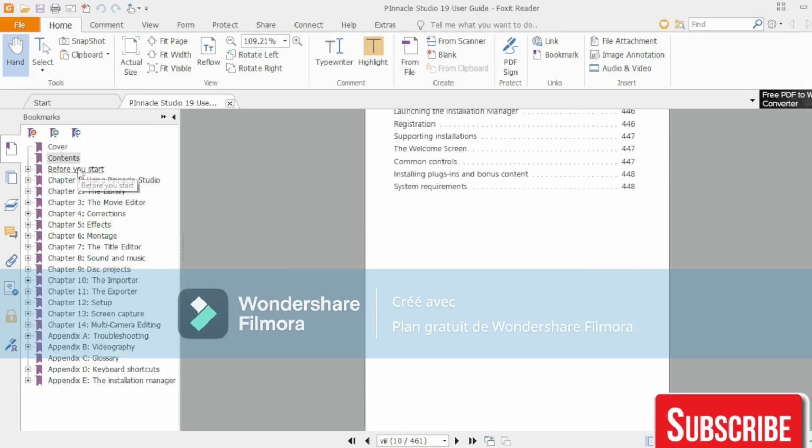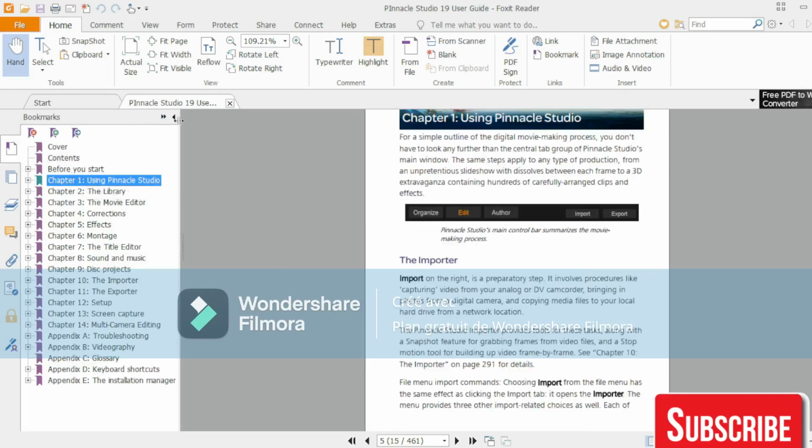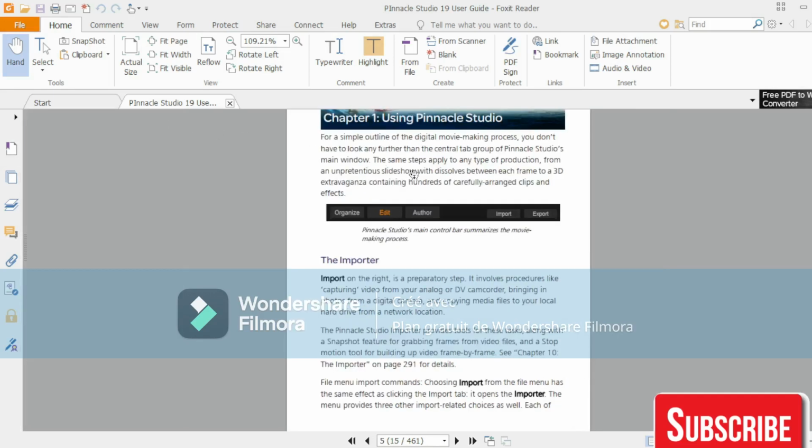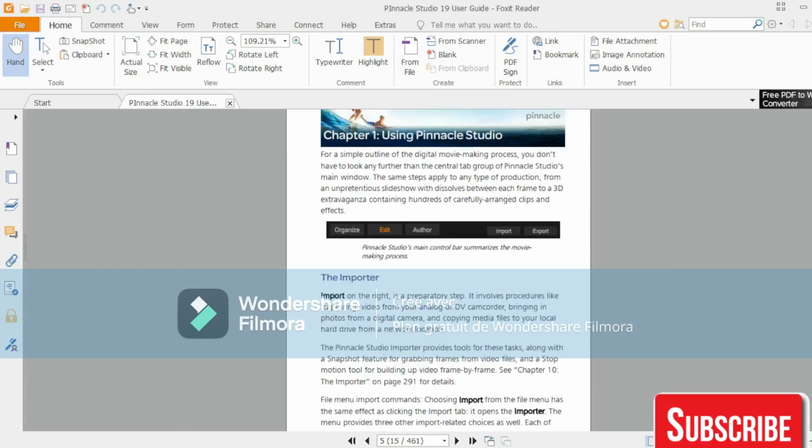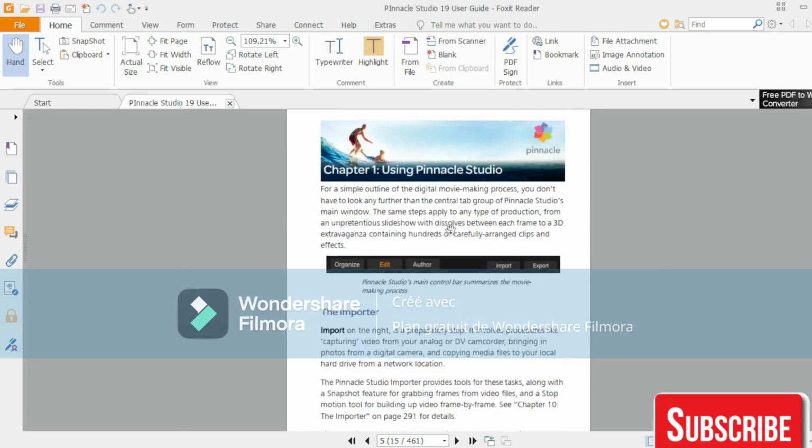So if we begin with the first chapter, which is chapter number 1, using Pinnacle Studio. For a simple outline of the digital movie making process, you don't have to look any further than the central tab group of Pinnacle Studio's main window, which is this one. The same steps apply to any type of production, from